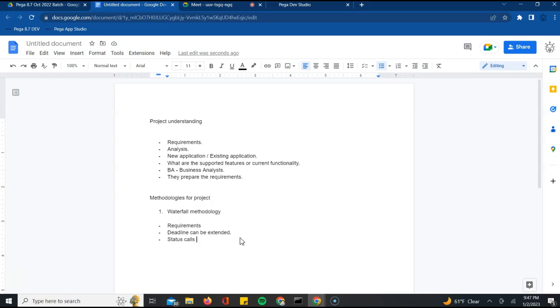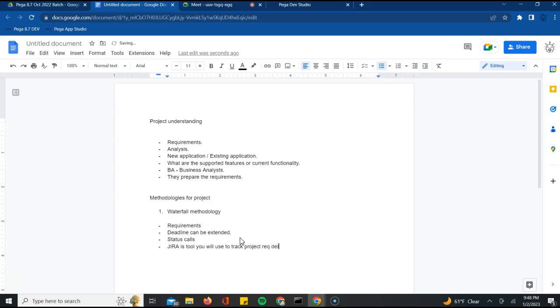For the requirement, you will have to do the analysis, of course, and there's no specific document preparation as such for a proposed functionality. What are the functionalities proposed? There is no fixed documentation. Of course you will have to keep updating the status on everything you have been doing with the client. We'll be using a tool called Jira as part of tracking these project requirements. So Jira is a tool you will use to track project